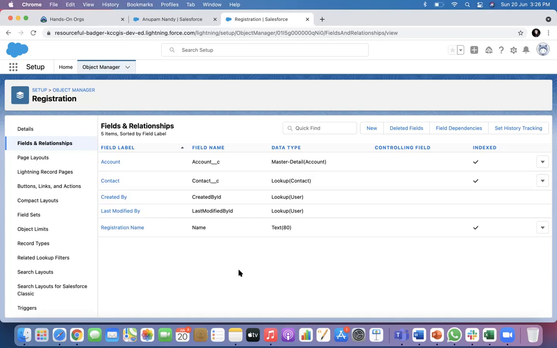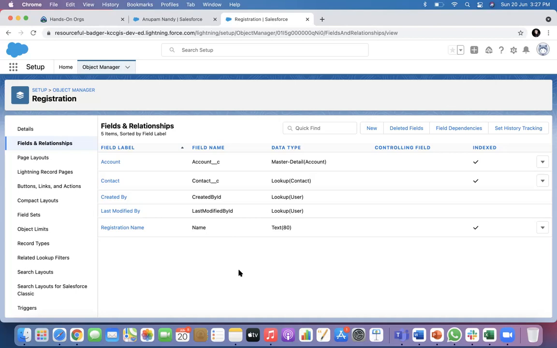Okay, got it. Here in this case, I have created a lookup to a standard object called contact. Here I have created a master detail to a standard object called account. Since my object itself is Registration, a custom object, I am able to create the master detail. Was it a standard object, then I would have had to create both as lookups, account and contact both. Another way to articulate this is that the child always has to be a custom object.